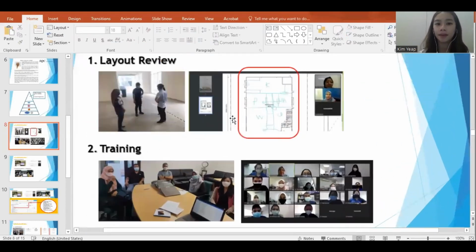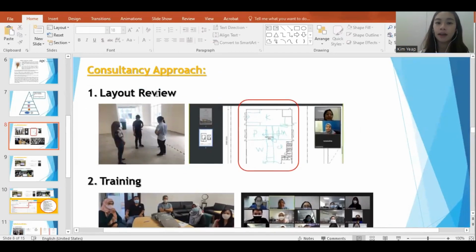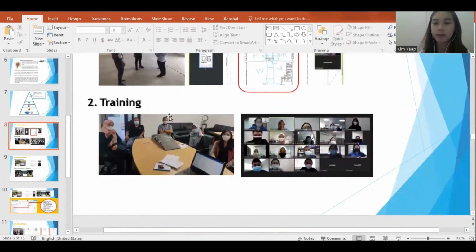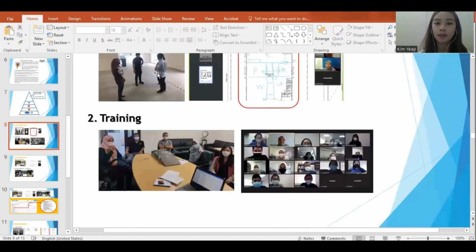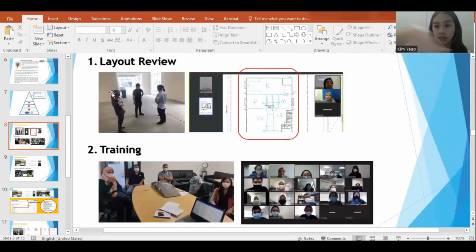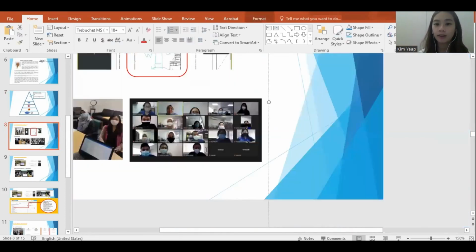Now, this is how it usually looks. Okay, layout reviews. Remember, this one is only for food, right? If it's not food, we'll straight away start with this. Layout review is basically us going to the production, the place where they produce the food products. Okay, so we need to design